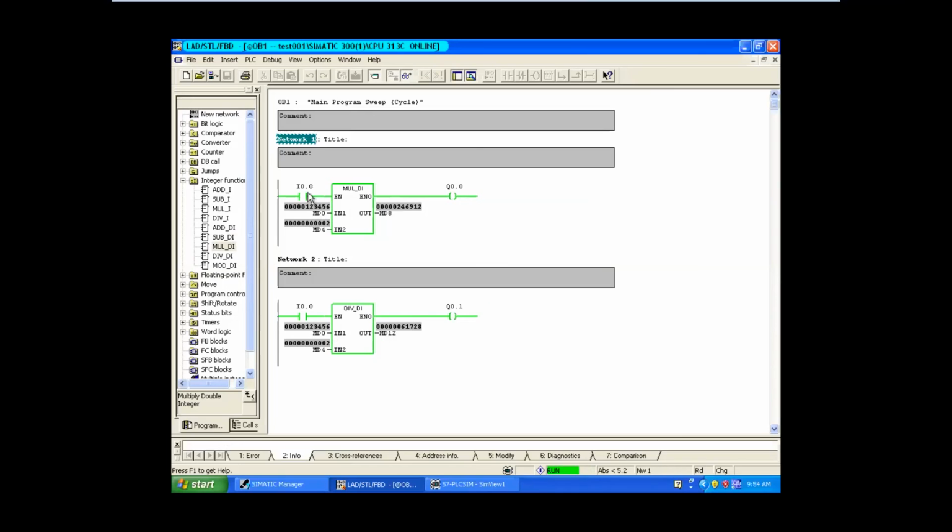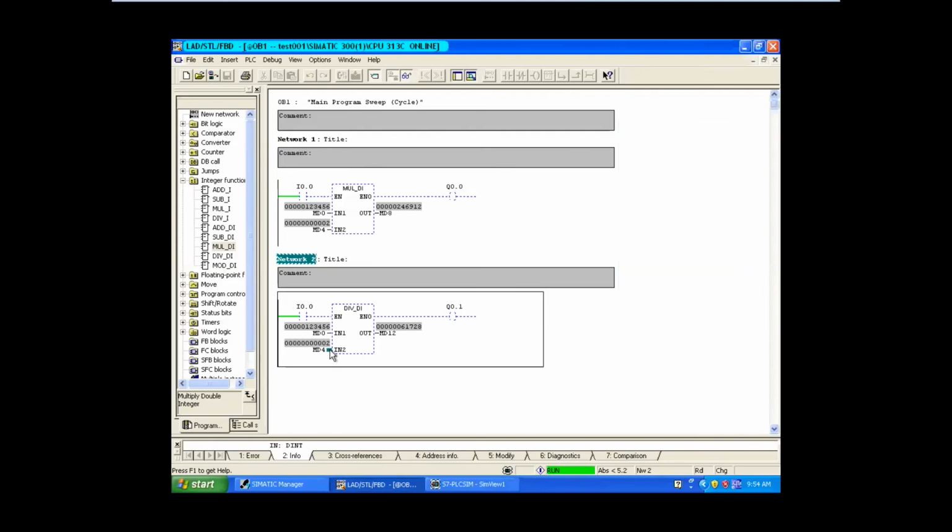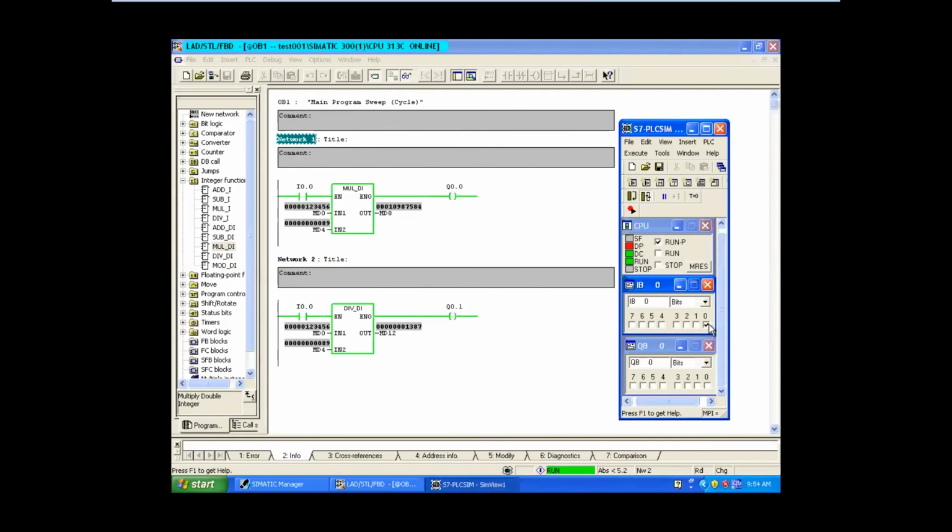If I turn that off, the function performed, the answer was stored on the output side, MD8 and MD12, that retains the same, but this block is disabled. So if you change now, nothing will happen. It will not perform the function. Why? Because the input condition is off. If you turn on the input condition, it will do the function. Got it? Yeah. So we have one more function which is pending, that is the mod function.